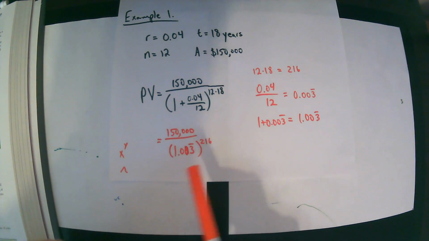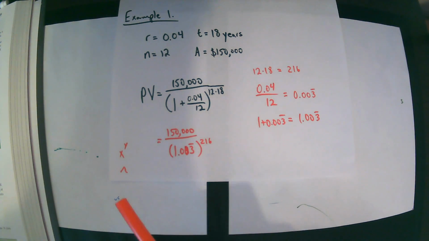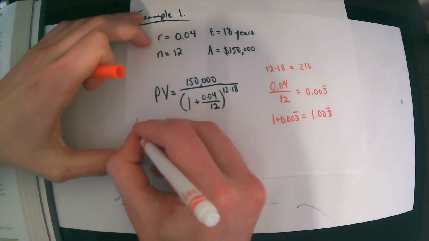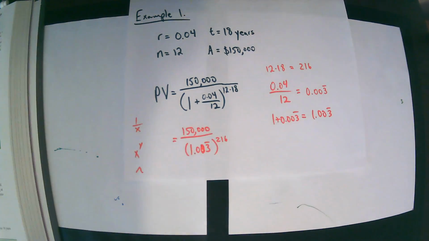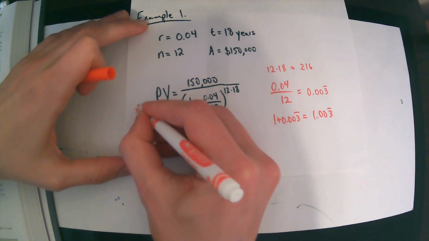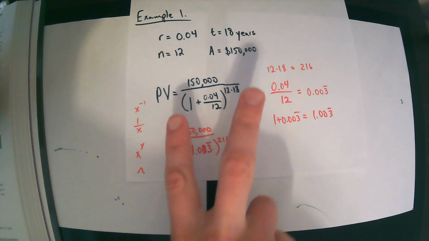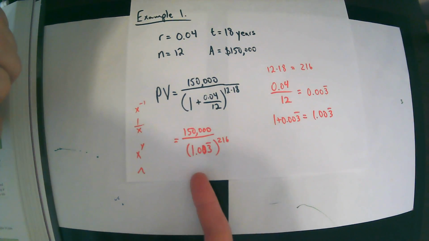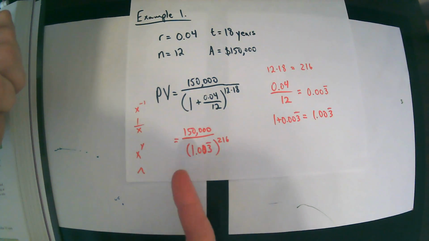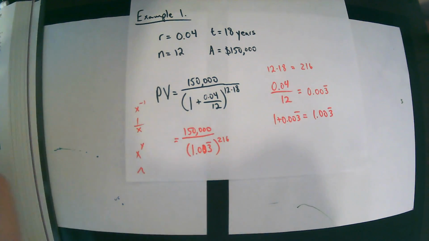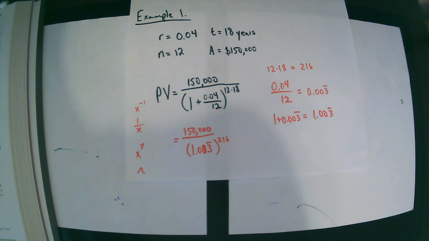So how do I do that in the calculator if I'm doing it step by step like this, without getting rid of this crazy decimal? I want to keep it. I don't want to discard it. I'm going to hit the 1 over x button, or yours might be x to the negative first. What that does is it takes a number you have in your calculator and flips it into the denominator, so that then you can multiply it by the thing you were trying to divide by. So I'll hit the 1 over x button,